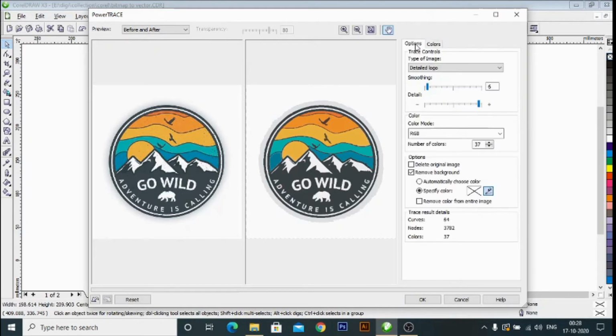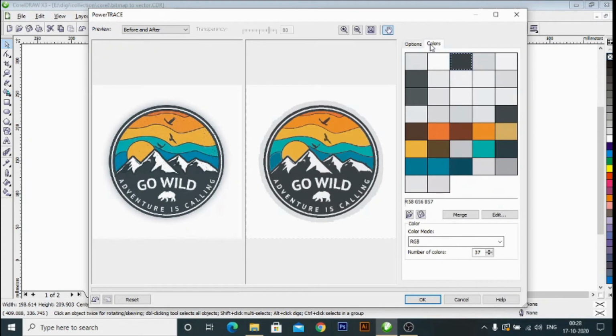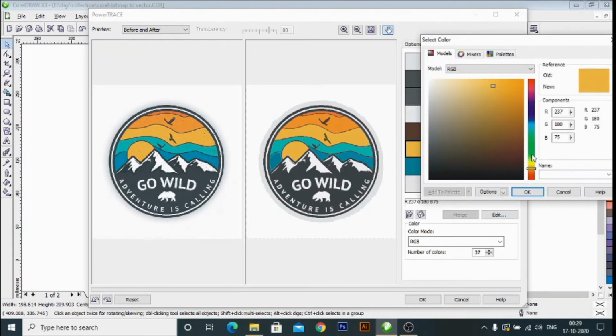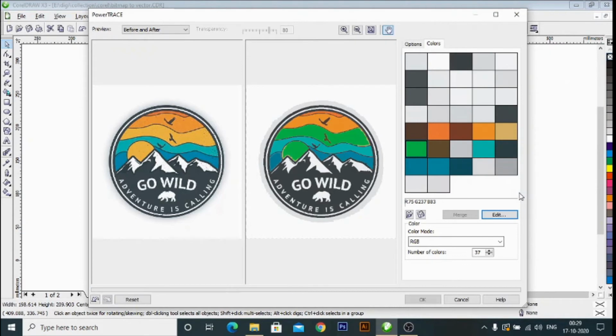Now you can see there are only 37 colors left. We merged so many colors. If you want to change a color, select the color, go to edit and change the color like this. Okay, the color has been changed into green.